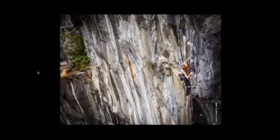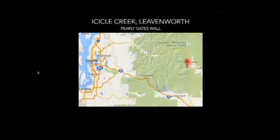And here we are moving into Icicle Creek. So now we've actually gone through Leavenworth, which is just, if I were to be able to live somewhere in Washington as a climber town, it would be Leavenworth. Super, super rad place. So we went to the Pearly Gates Wall this day, and I was hanging out with